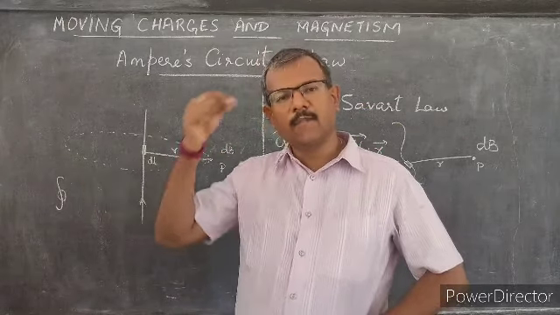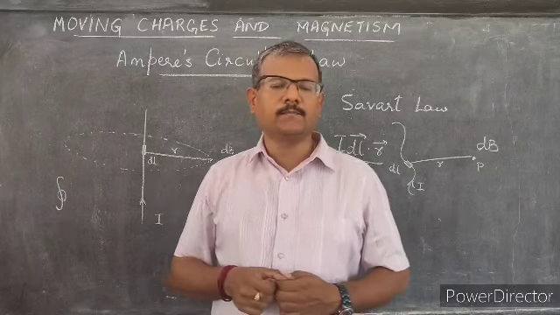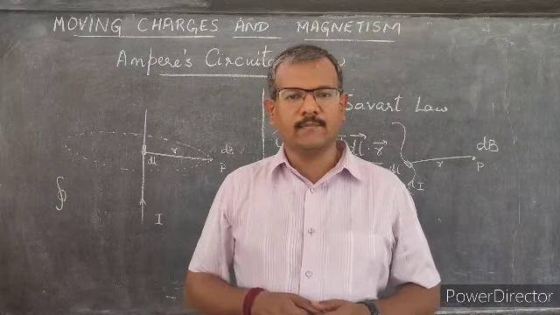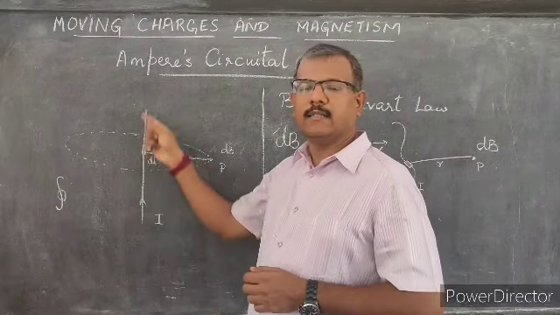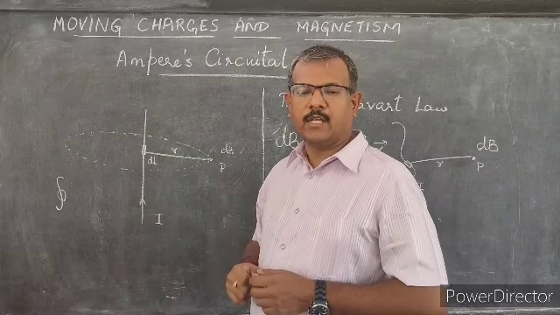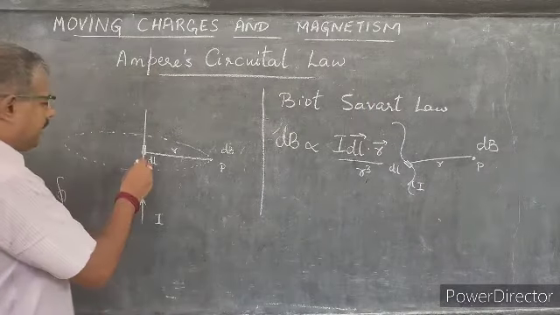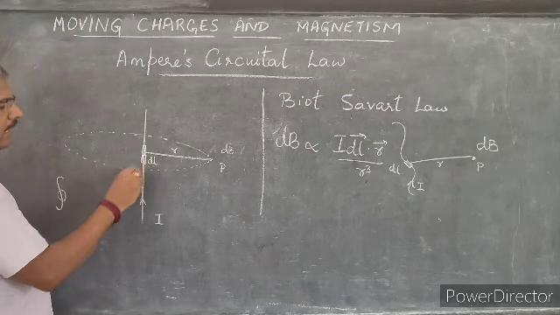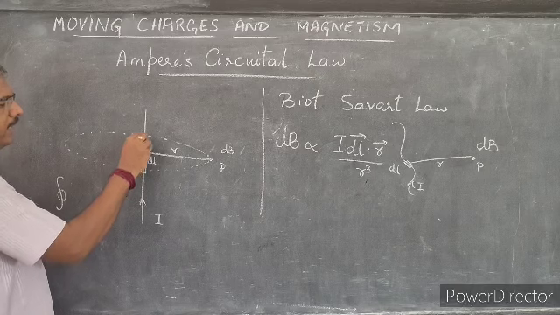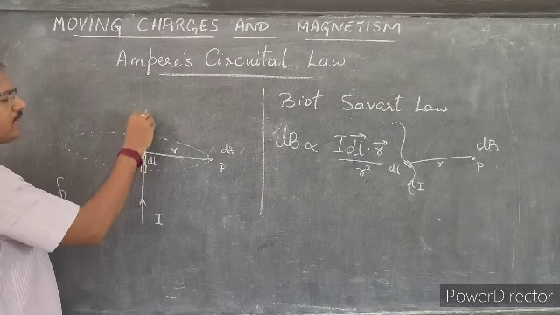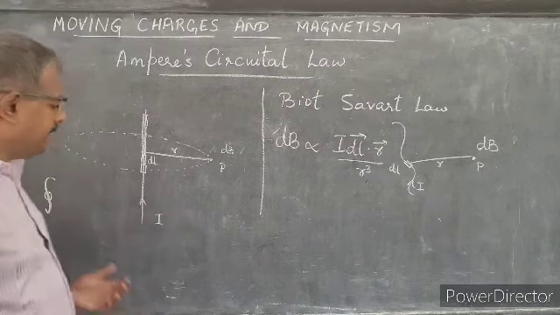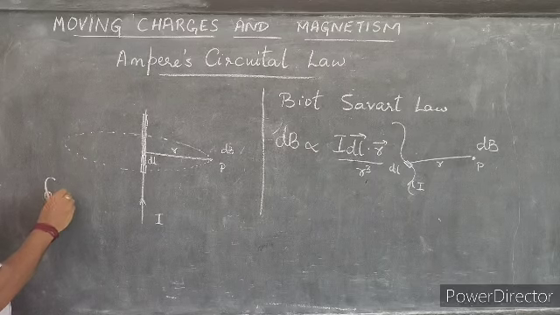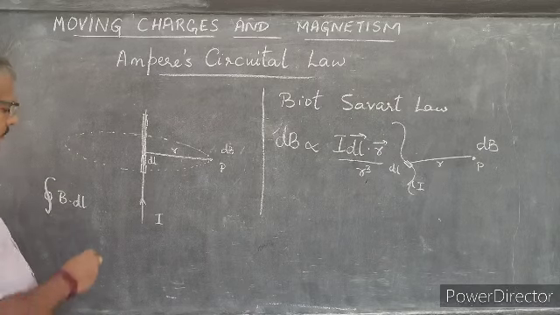A line integral is a slightly different concept. In a line integral, we take the integral only along the length. We don't consider the area, rather we only consider the length of the electricity conductor over here. So which means when I am taking a line integral over here, I am considering other subsequent current elements along the length of this current carrying conductor. So if I take the line integral of the magnetic field as a vectorial product with the current element, then